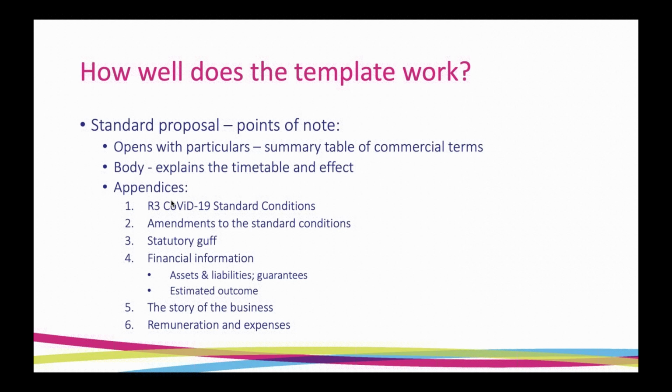And then there are 6 standard appendices to the template. The first one is the new CVA standard terms. The second one are any amendments to the standard terms, which should be in a separate appendix. Then there's the statutory information that is required to be included so that you've got it in one place to make sure it's all there. Then there is the financial information, details of assets and liabilities, any guarantees, and an estimated outcome statement. Then there is the story of the business as a separate appendix, and then Appendix 6 is dealing with remuneration